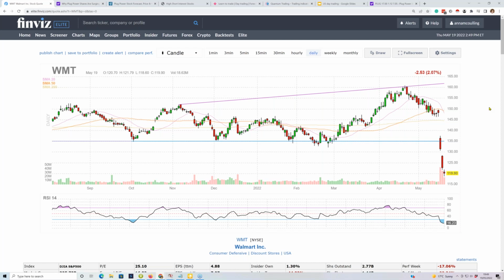This is the daily chart for the company. It released its earnings, and there were some very big concerns about growth moving forward, primarily down to inflation, and in particular food inflation. Those of you who join us at these sessions with myself and David will know that we've been talking about inflation since last year, when we said, look, this is what's coming down the line, and it's taken the